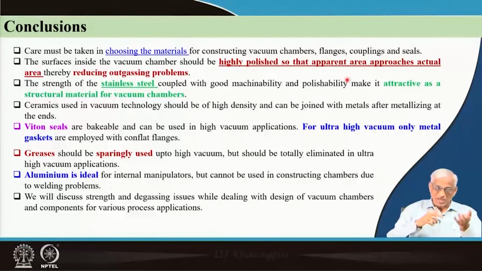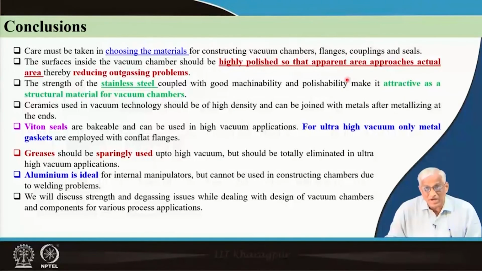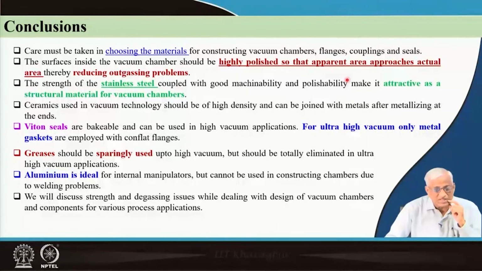So, when to use high carbon steels and when to use low carbon steels, it takes a metallurgical mechanical engineer with a good idea of machining and welding. These fabrication issues we will see in the next class, because fabricating vacuum components and vacuum chambers is not the same as high pressure components, and outgassing properties have to be chosen. Polishing has to be done heavily. High pressure vessels you need not polish much, but in high vacuum applications you have to polish it to optical